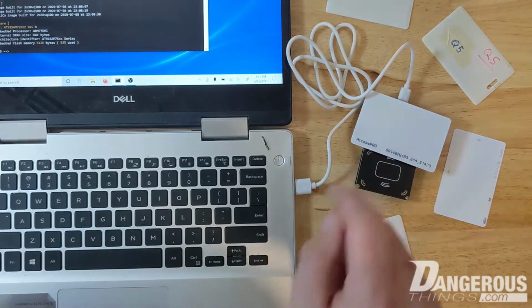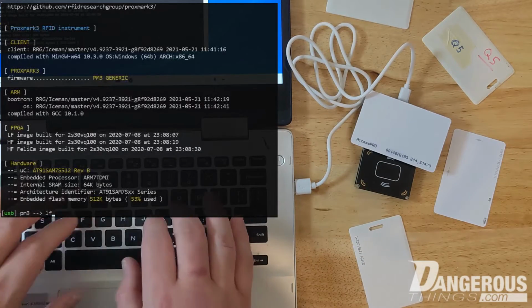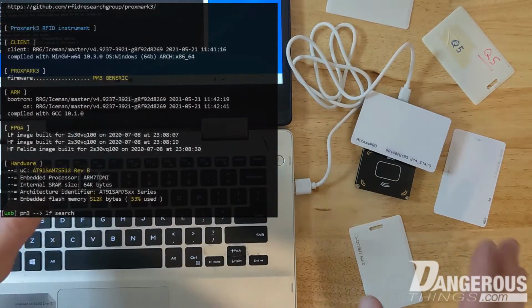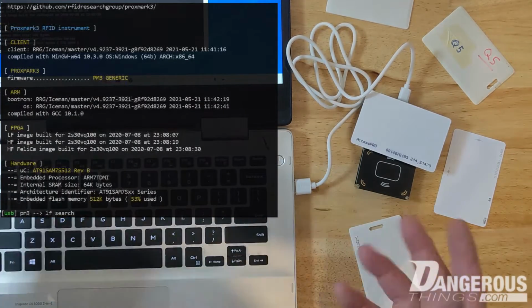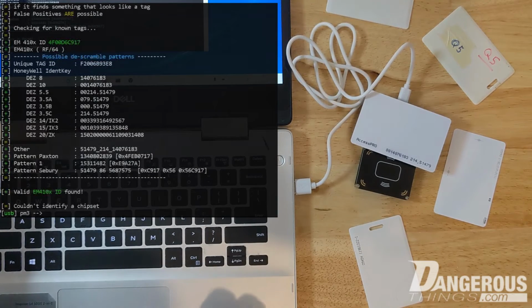So we're going to put the Access Pro card up here, and because we're just dealing with low frequency, I'm going to do LF search. So just telling the Proxmark, look for any kind of chip on the LF field that you can recognize and tell me about it. So we hit enter. And we can see, okay, we see basically that it is an